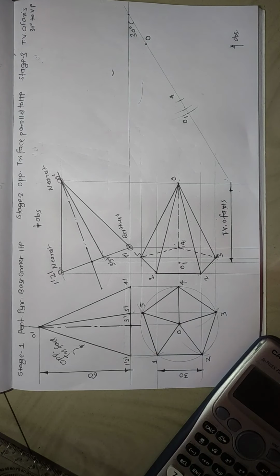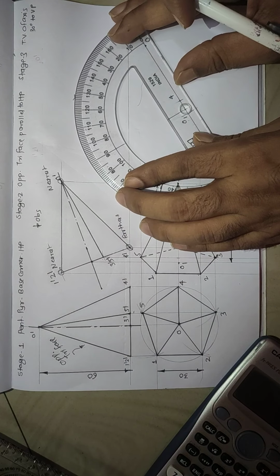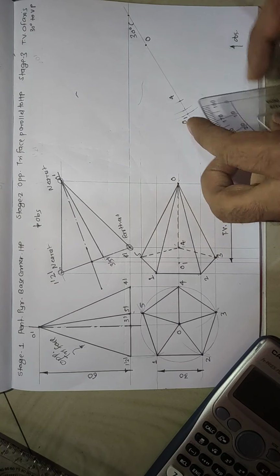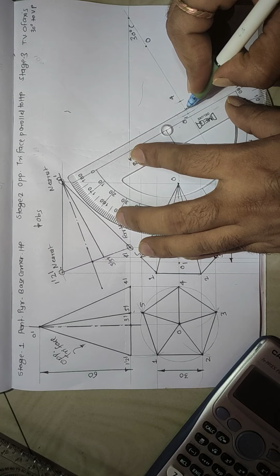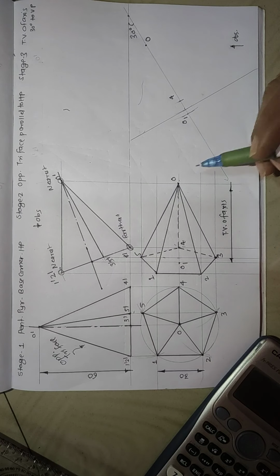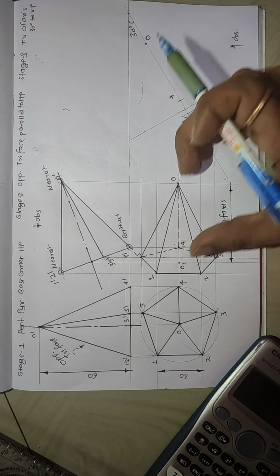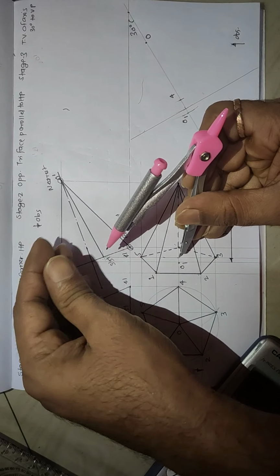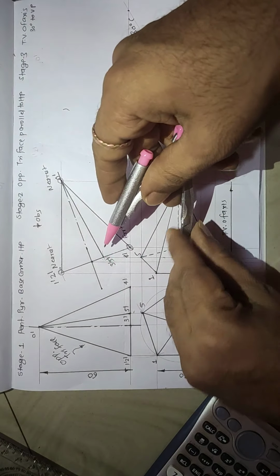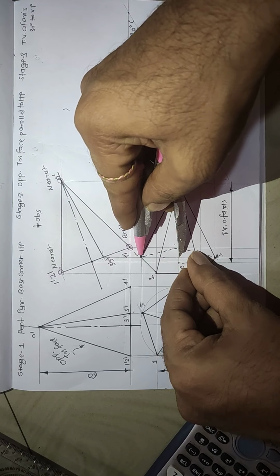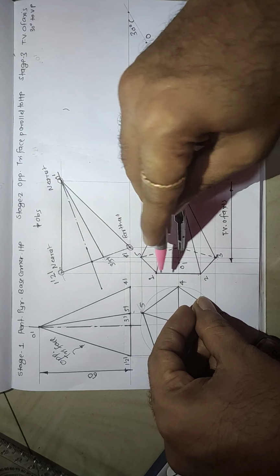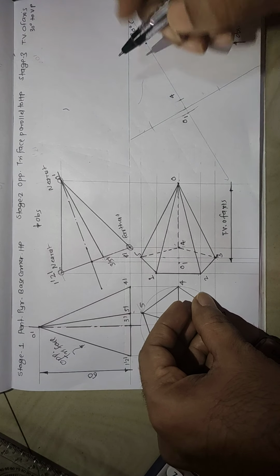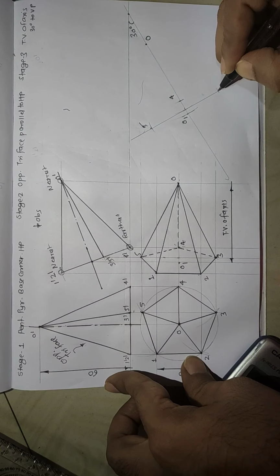And from that point, first of all I will draw one perpendicular line. So what I am doing, I am taking from this point to this point, this distance in compass. I am marking it over here, and then I am drawing one perpendicular line, and on that line I can transfer points called 5 and 3. See, from this point if I measure, this is the distance for 5 and the same is the distance for 3. So I am just marking these 2 points on this line on either side. So this becomes my point 5 and this becomes point number 3.